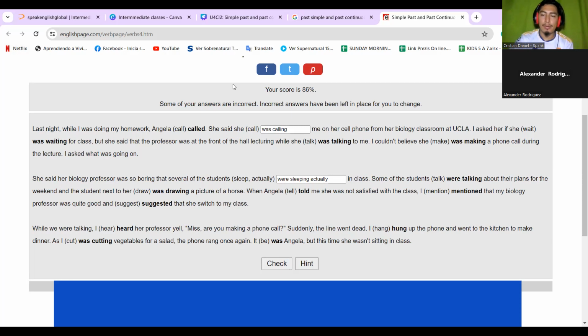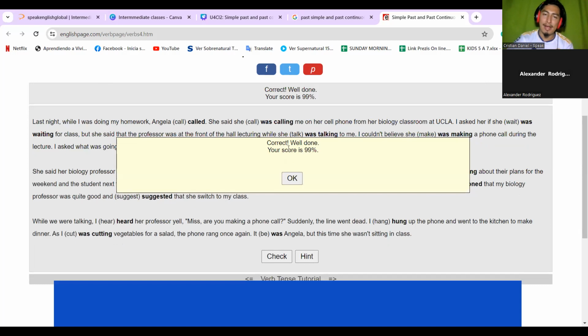So what is the correct order? What do you think? We're actually sleeping. Okay, we're actually sleeping. Let me erase the next part. Okay, like this. That's the correct structure. Okay, let's check right now if this is correct or not. Okay, correct. Well done. Your score is